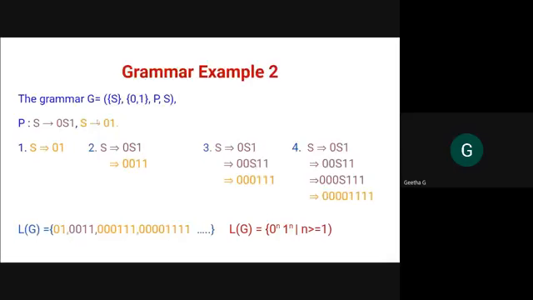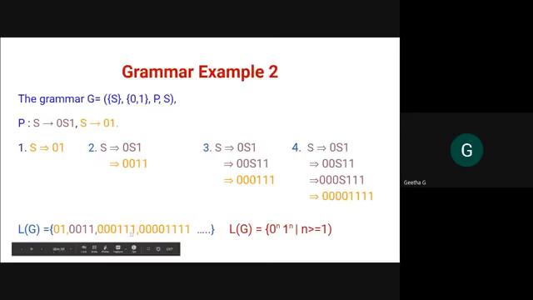I want to know the pattern of the language generated by this grammar, so I am giving 0 1. So first only one 0, one 1, then 2 zeros, 2 ones, 3 zeros, 3 ones. Now I am clearly understanding the pattern. See here, the fourth one: three times, the first time I am applying production rule 1, second time again production rule 1, third time again, and the fourth time I am applying rule 2, so that I get 4 zeros and 4 ones.